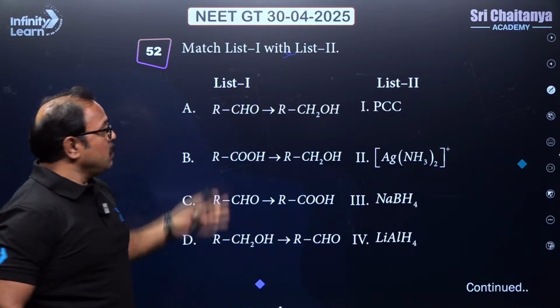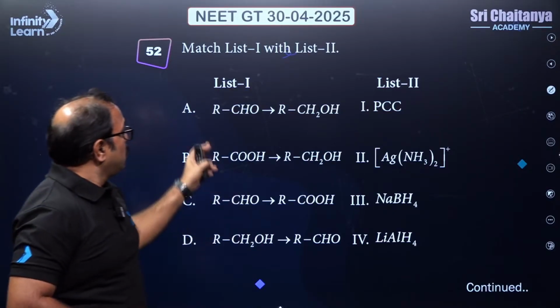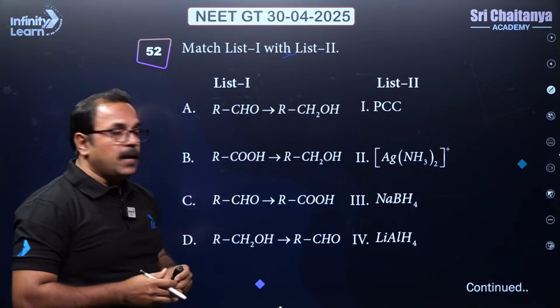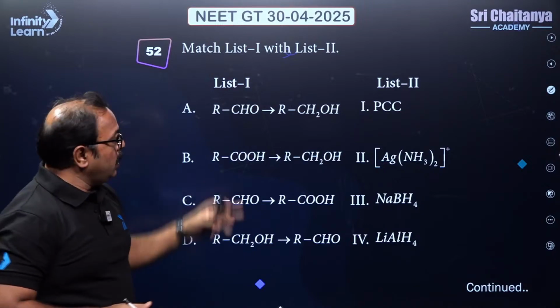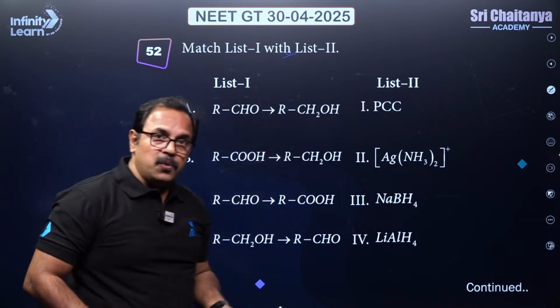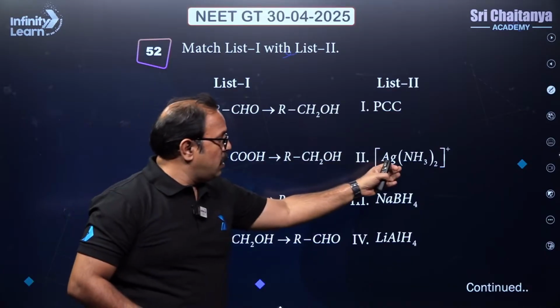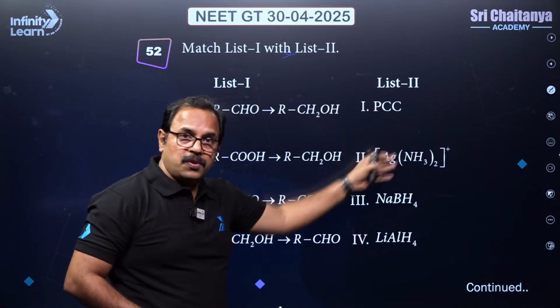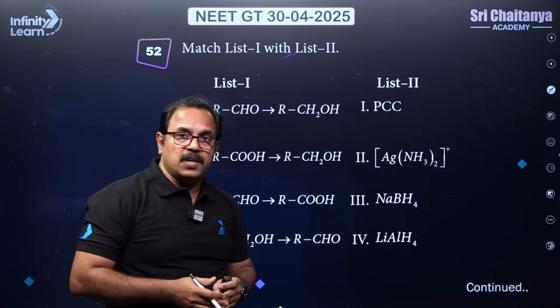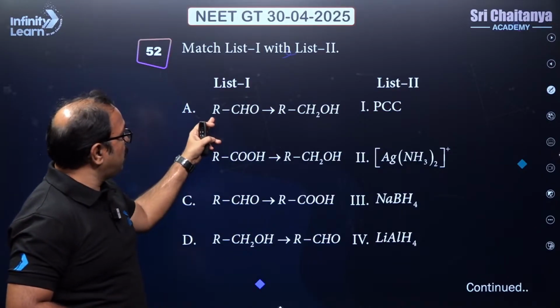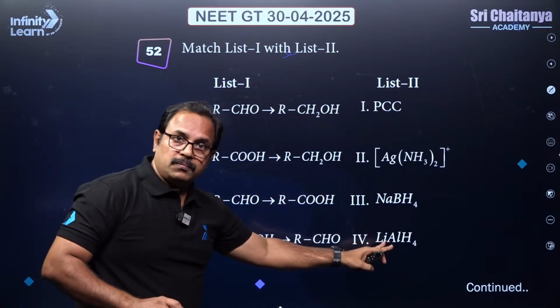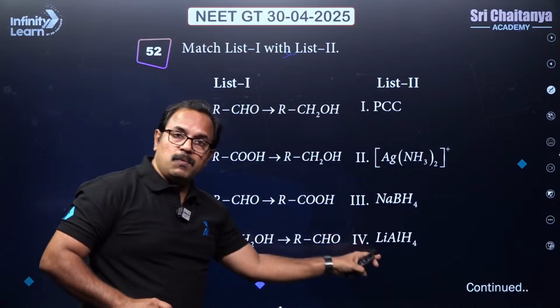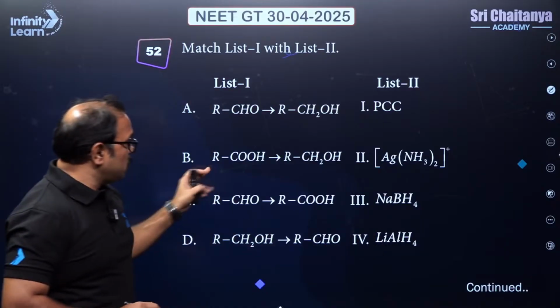Now coming to an organic reaction, you are seeing an aldehyde getting reduced to an alcohol. Aldehyde reduced to alcohol, we need to have a reducing agent. PCC and Tollens' reagent are oxidizing agents. These two are reducing agents. Now here if you just see, it can be 3 or 4. So here we may not immediately come to a conclusion. Coming to the second one,